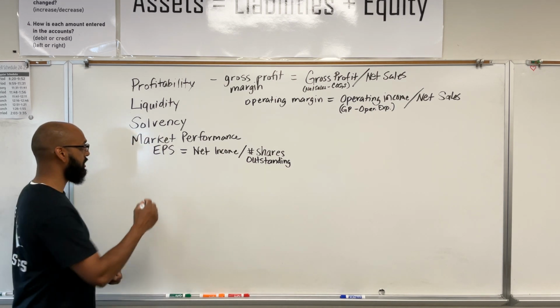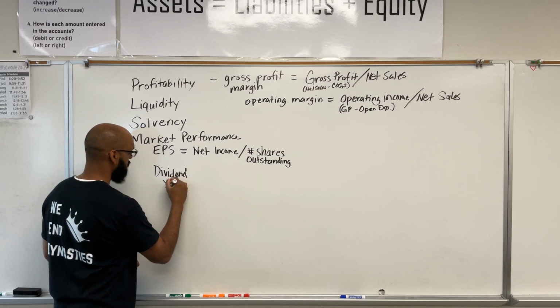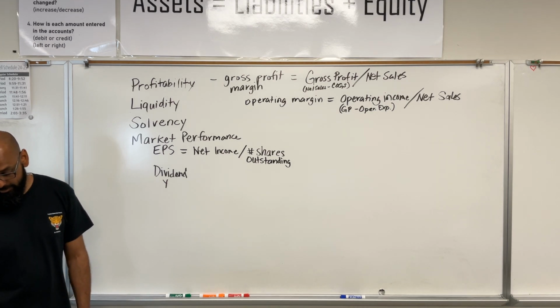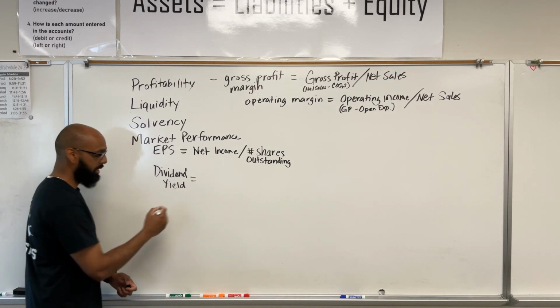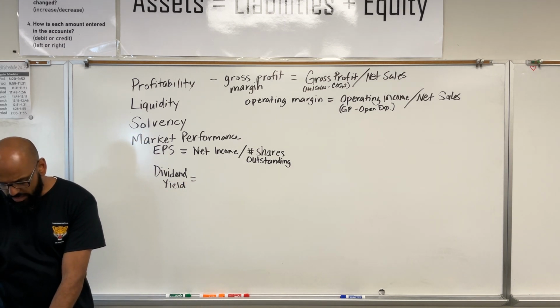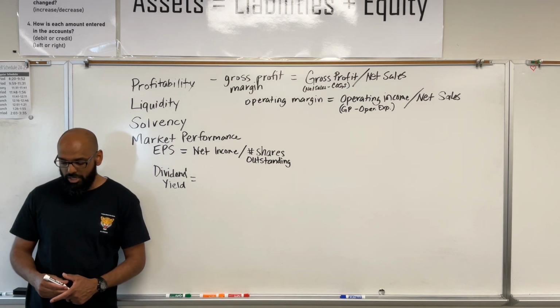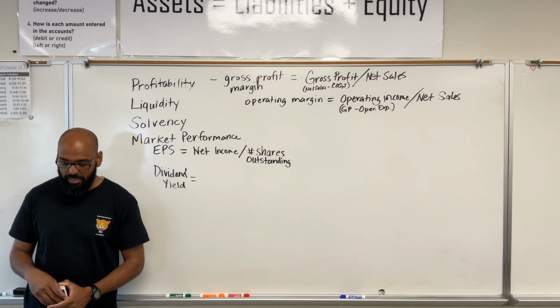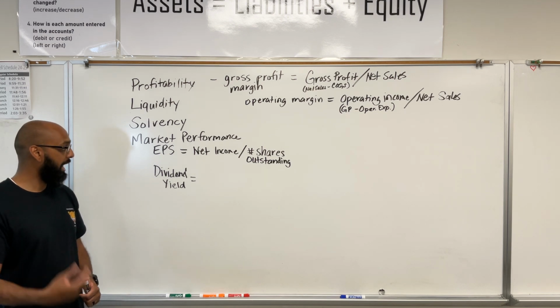All right, another thing that you can look at is dividend yield. I before E except after C, but what about after a Y? Dividend yield. All right, and your dividend yield is how much dividends a company pays relative to its stock. And so growth companies like tech startups usually have low or no dividends because they're reinvesting their earnings. Income stocks from large and stable companies typically have higher dividend yields.